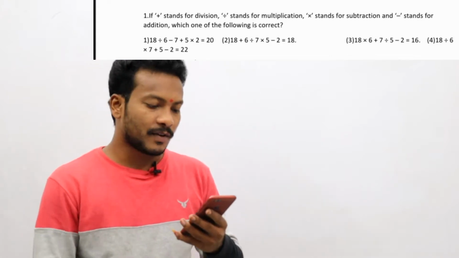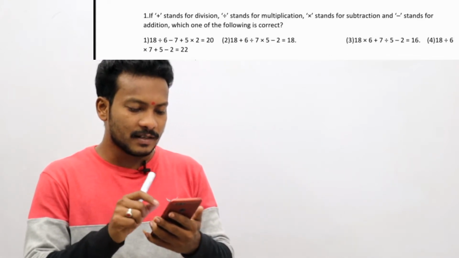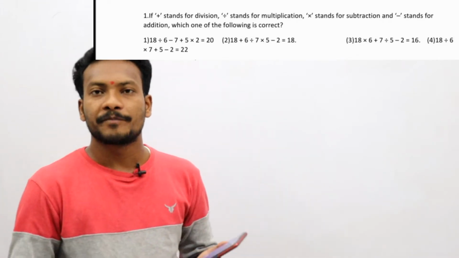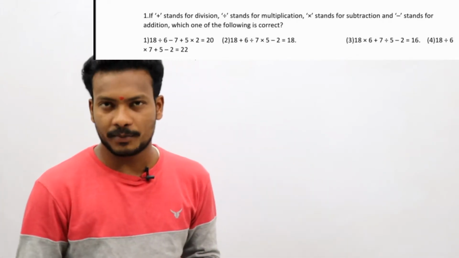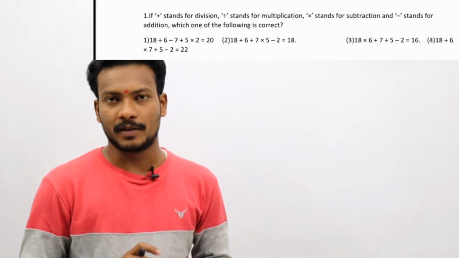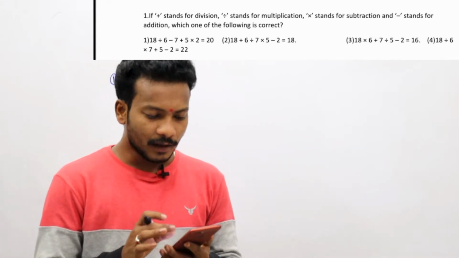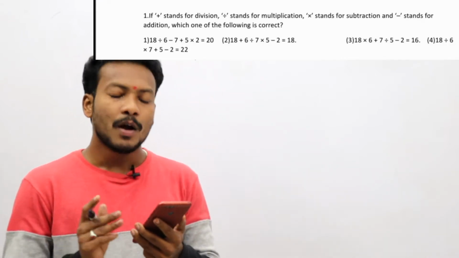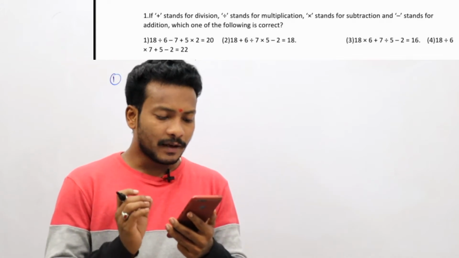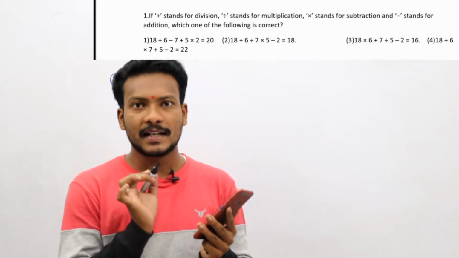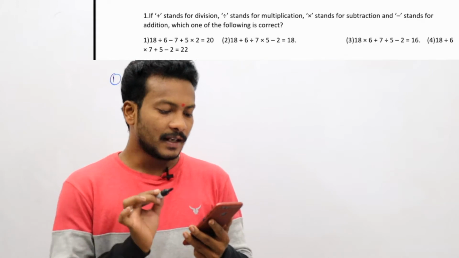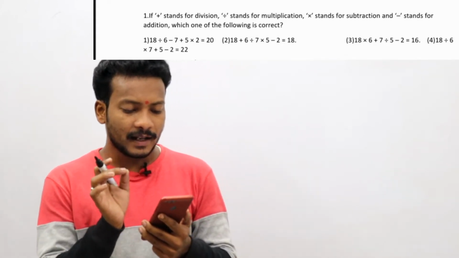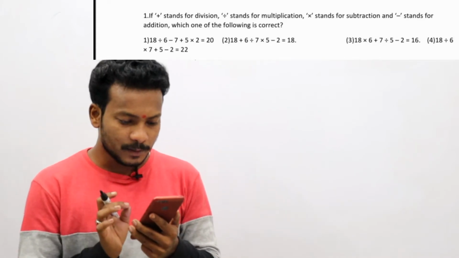In those 3 topics, now the first question. It is asking which of the following is correct. Correct means he is asking a conclusion. For a conclusion we have to check all the options, other than that is none of these. Now for the first question: 18 divided by 6 minus 7 plus 5 into 2 is equal to 20. Look at this, 18 is there in the first option. It is exactly divisible only by 6 and 2. That means division and into must be changed. Is it possible?